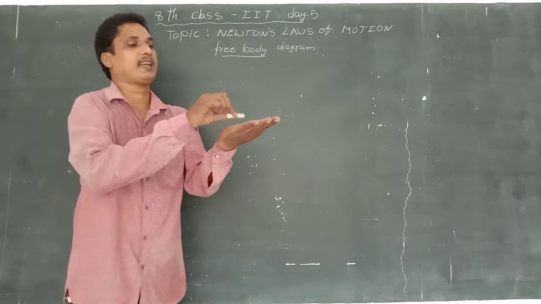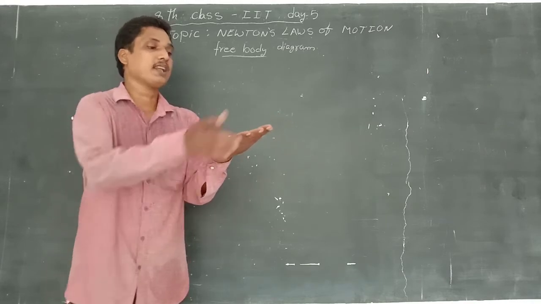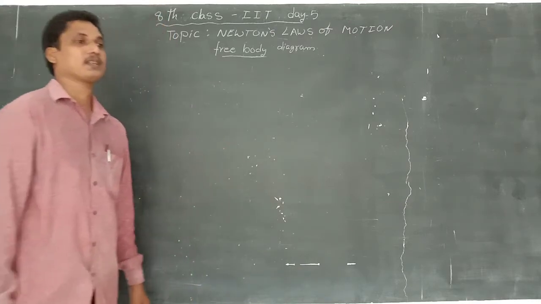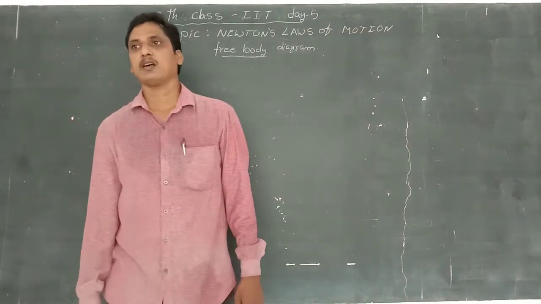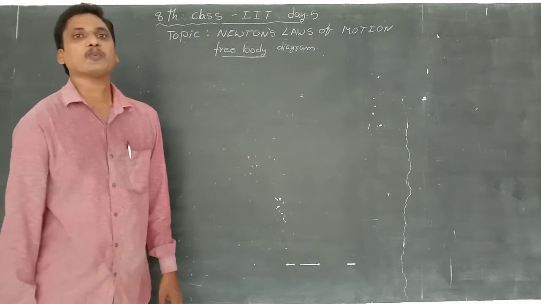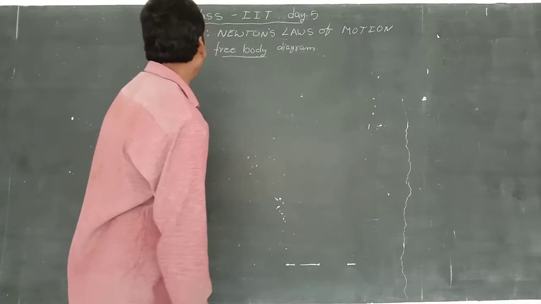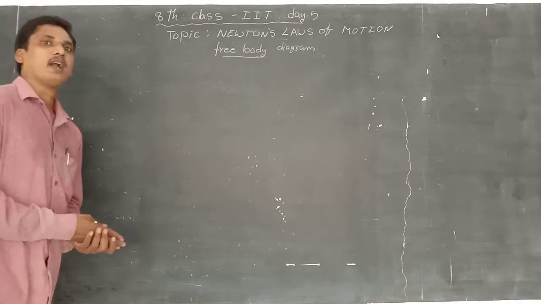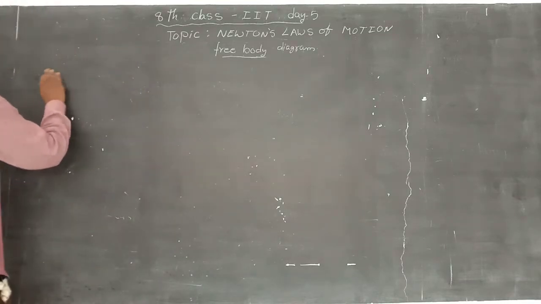How many forces are acting on the chalk piece? Isolated from the surroundings, this is called a free body diagram. We have so many objects on the earth. The earth pulls every object towards the center, so we show the weight of the body in the downward direction. I already explained the free body diagram.